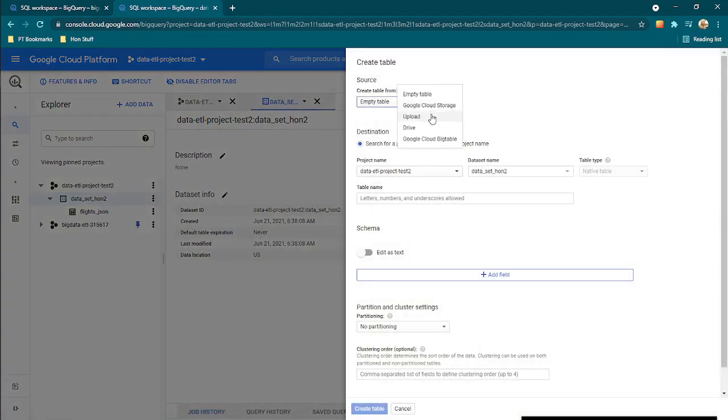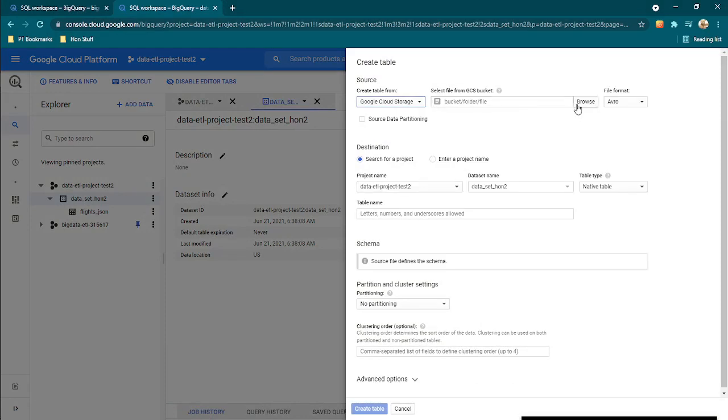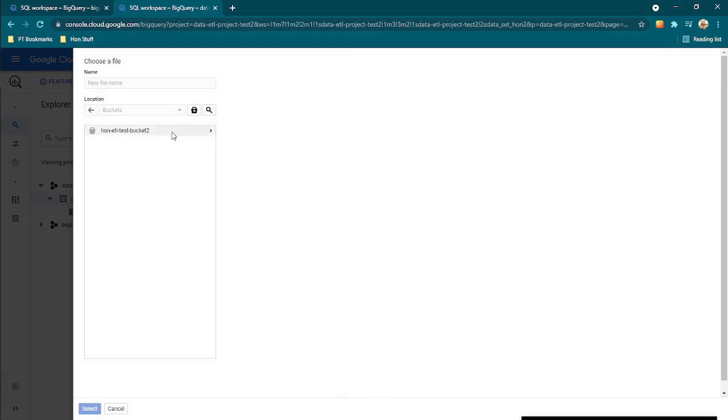And then this time I can also get this from the Google Cloud Storage and then go and browse for it again. My Google Cloud Storage, and then go to CSV this time, and then click on this,